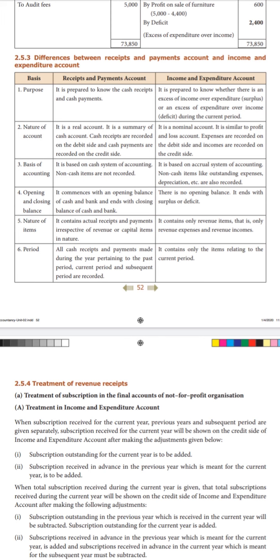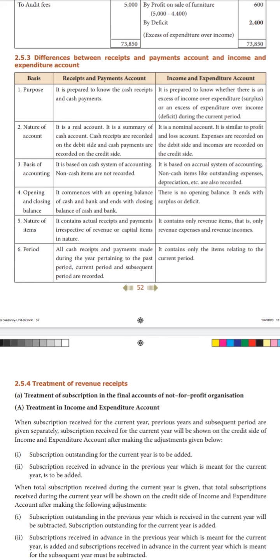The fourth one is opening and closing balance. So as we all know, receipts and payments account will be entering both the opening balances and closing balances of cash and bank account. But in income and expenditure, we need not enter any cash or bank opening and closing balances. Instead, we will be finding out only the surplus or deficit.